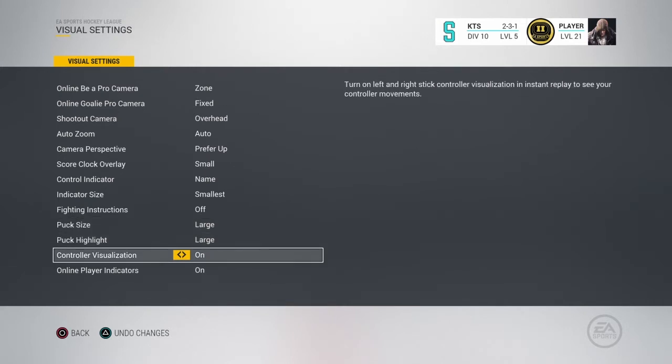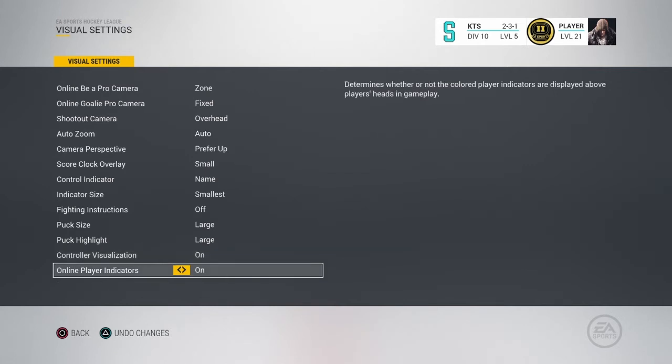Controller visualization, that's just an instant replay thing. And online player indicators, I have these set to on, although you can do my team only or none. I have them set to on so that I can see everybody's color on the ice,